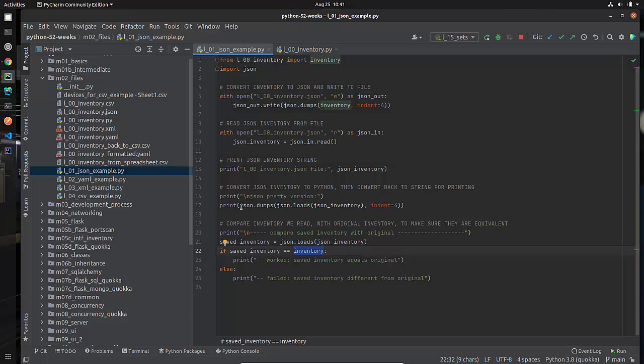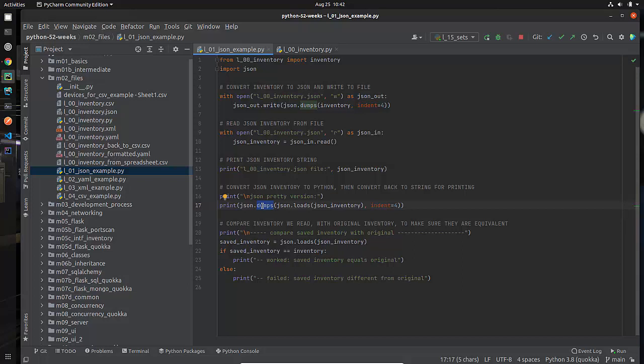And just for fun, in this print statement here, I do them both. I take the string, I do a load string, that puts it into a Python data structure. Then I do a dump string, which is going to put it back into a JSON string. The reason that I do that is I modify the indentation and it makes it look a little bit nicer. But basically, I'm doing both of those. The two functions that I call in the JSON package are load string to go from a string into Python data, and dump string, which is going to take that and put it into a string